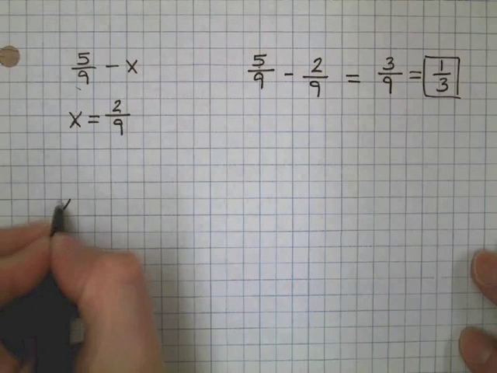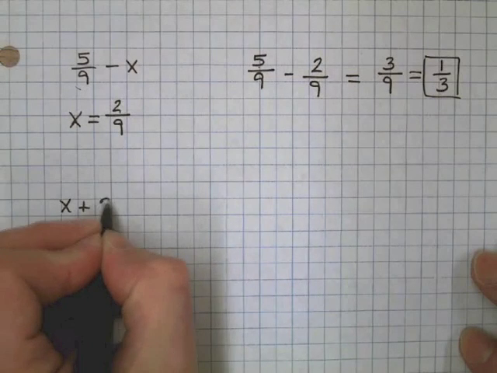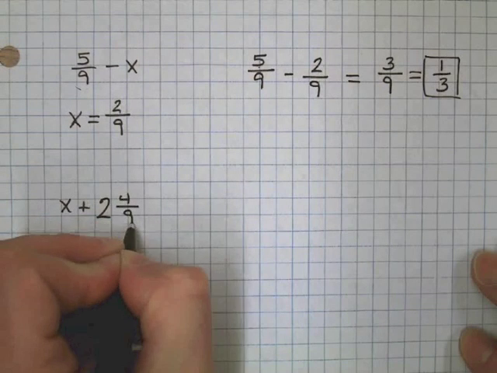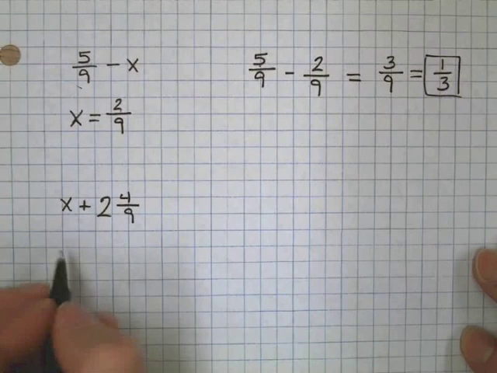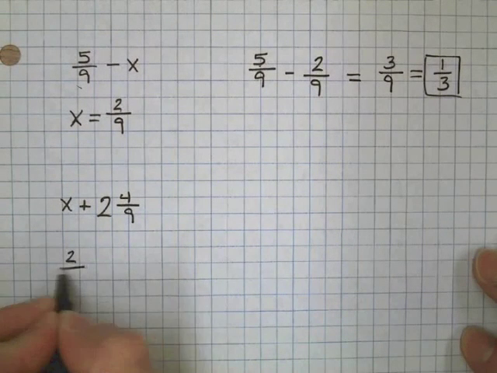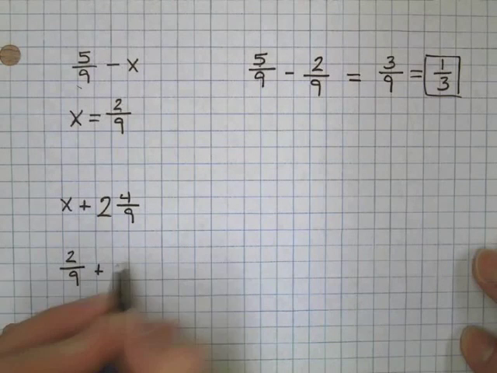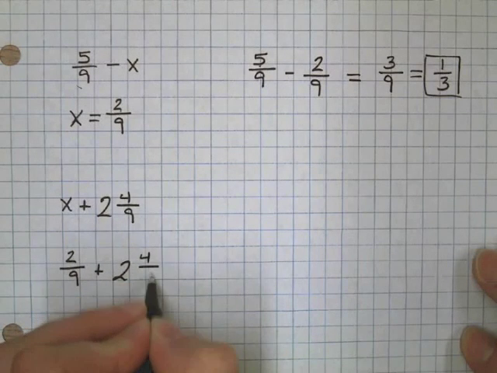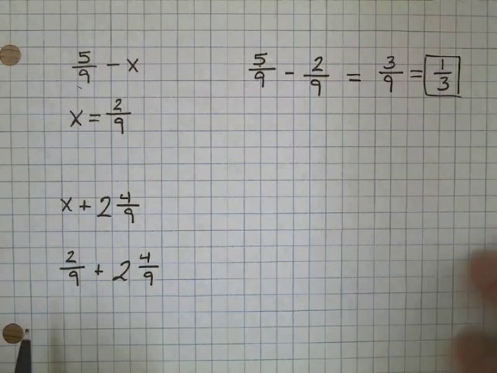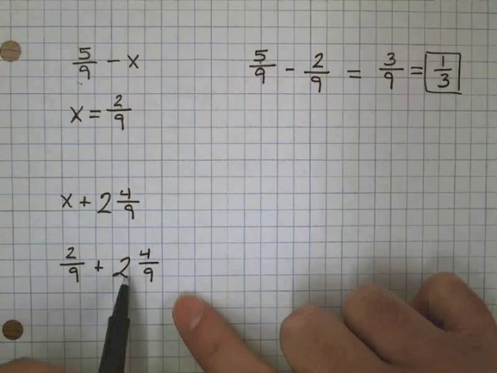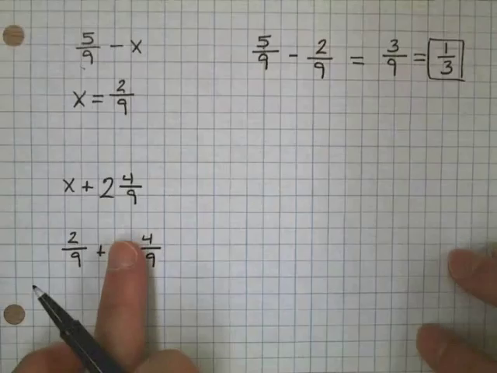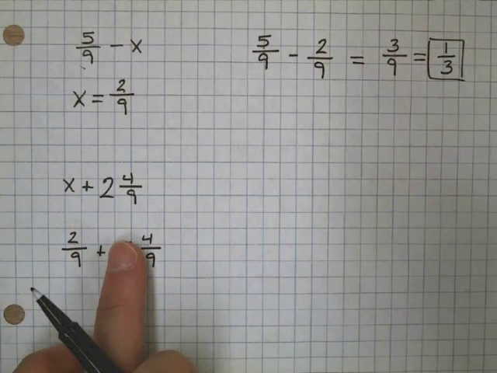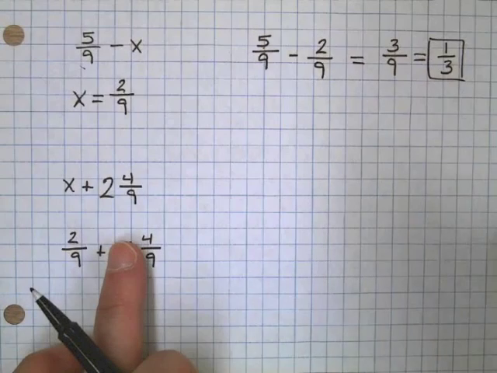Let's say x plus 2 4/9. And again, we'll keep x equaling 2/9. So in this case, I'm going to put 2/9 in for x again. So 2/9 plus 2 4/9. I want to focus on my fractions here, so I'm going to ignore this whole number for the moment and think 2/9 plus 4/9. Well, I have like denominators, they're the same size things,